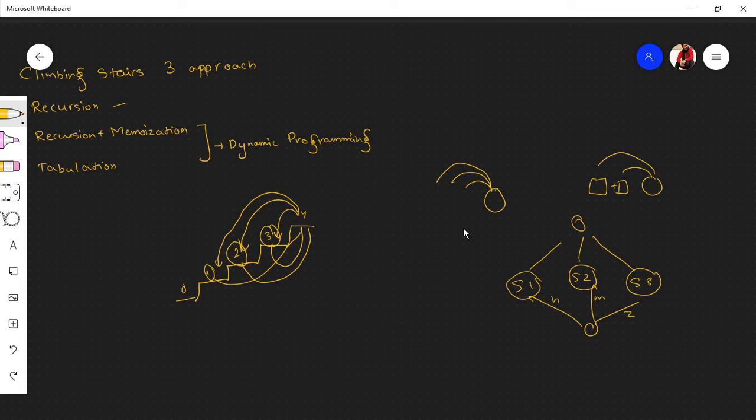So the total number of ways to reach this position will be n plus m plus z. Or if you see it in reverse, from this position you go back minus n, minus m, and minus z. If you do this, you'll reach this position. This is very basic to understand.